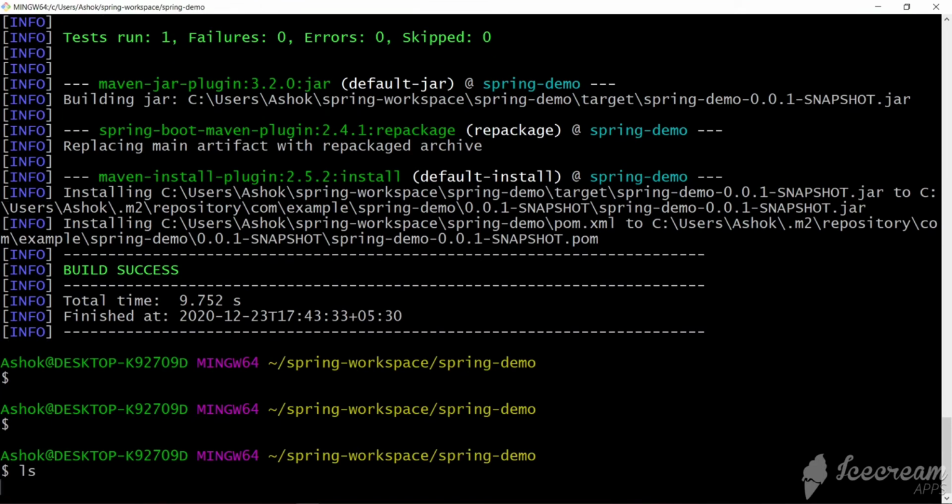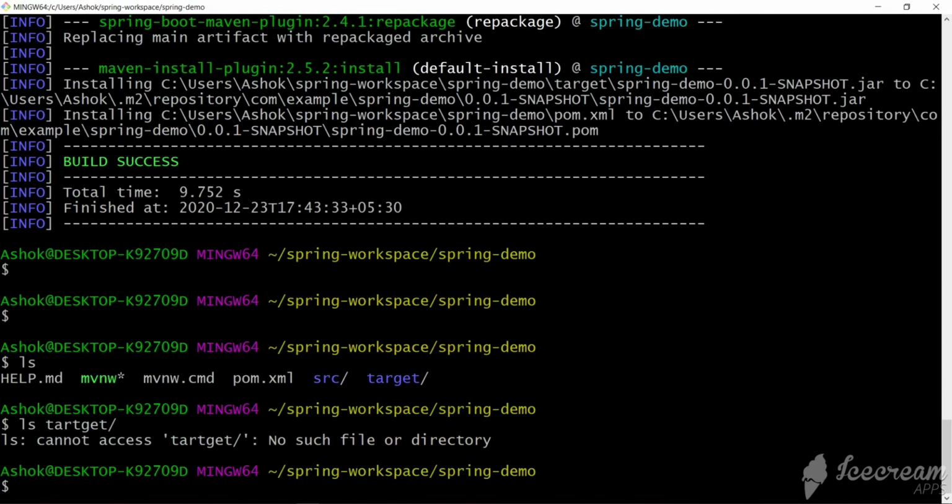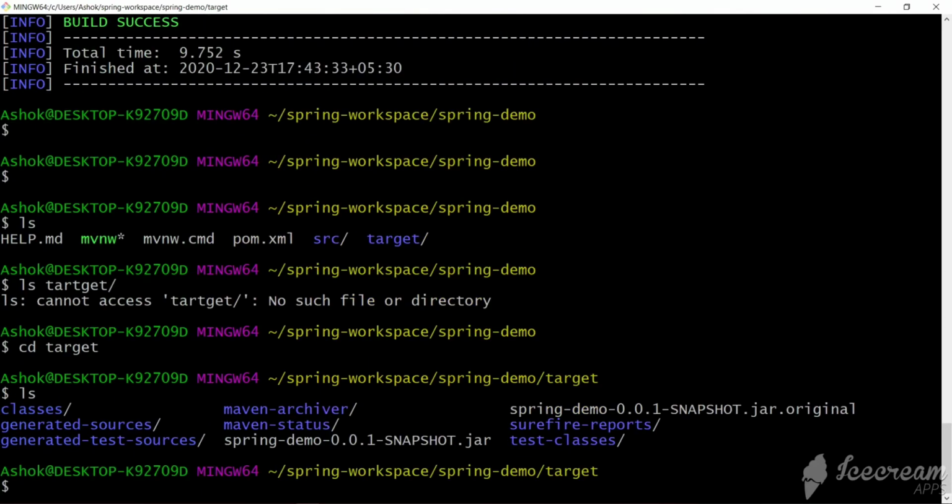Let's see the files here. We have the POM file and target. Inside target we will have a jar file. Let's go into the target and check the files. Here the jar file gets created.